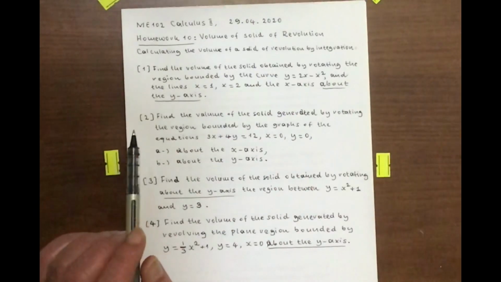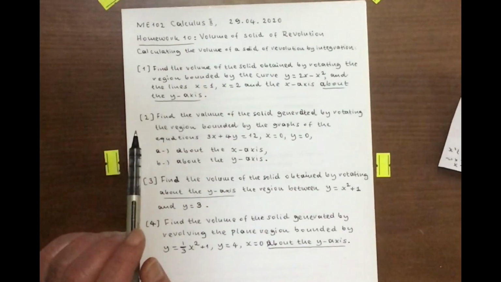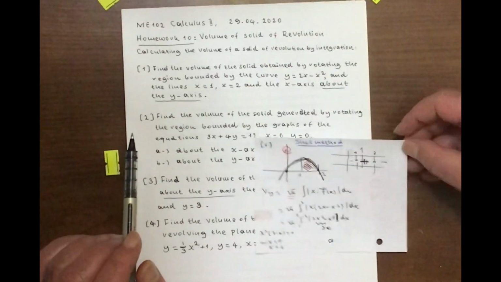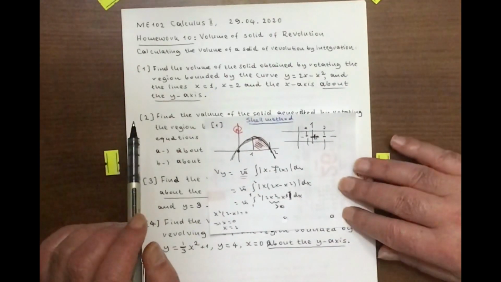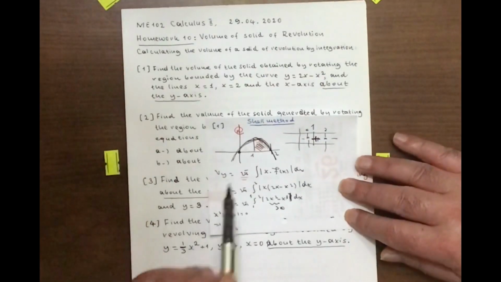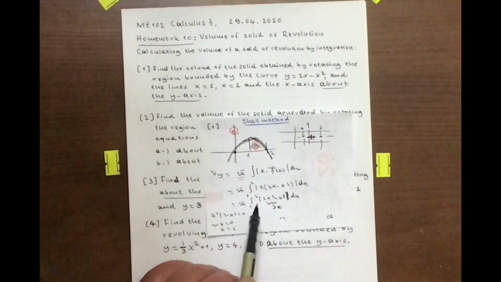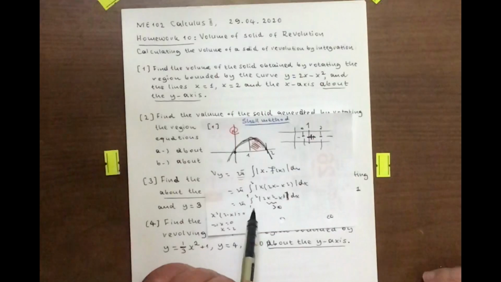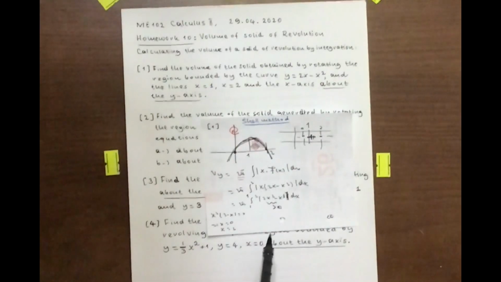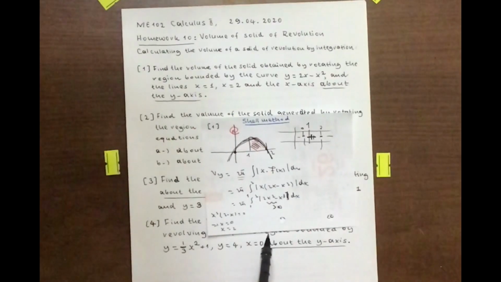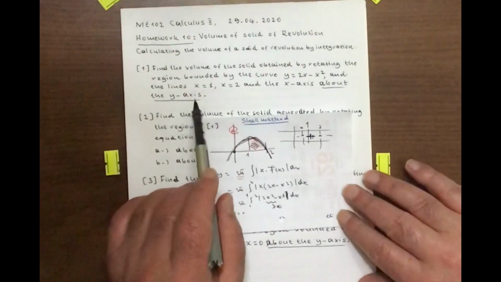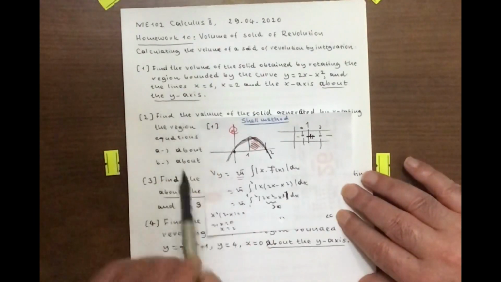Now I think we can solve the first question by using the shell method. As you know, in the shell method we must have the opposite situation, which is that the axis of rotation is the y-axis and the other things depend on the variable x. This is our case, and so